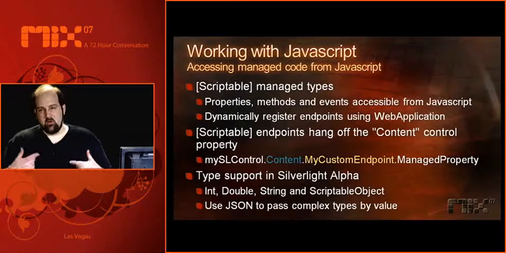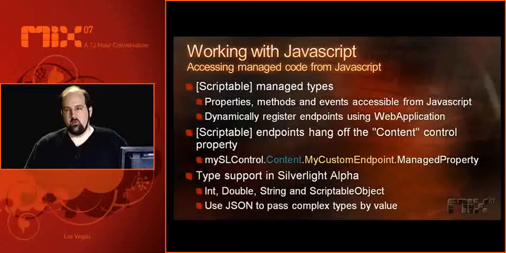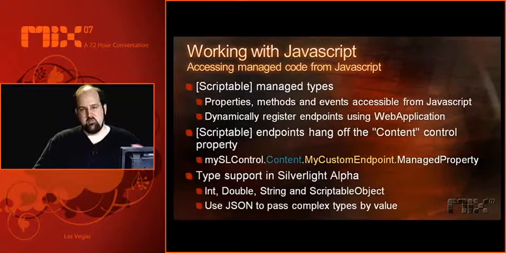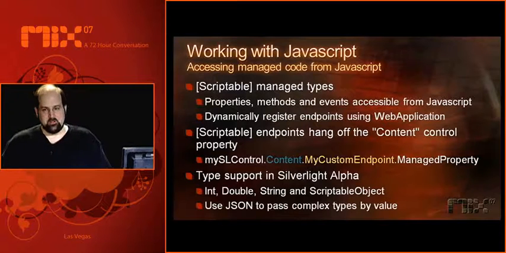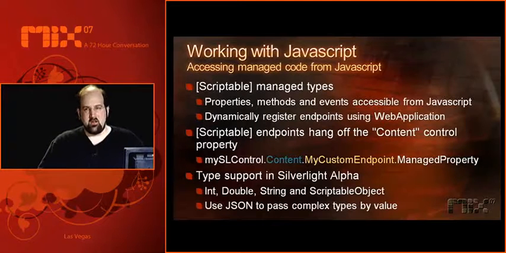And again, as we move through into the CTPs and the betas, we just have a few bugs kicking around that we'll flesh out, and we'll fill out the support for other types. Also, right now in the alpha, and I'll actually show it to you in a few minutes, you can use JSON as a very simple way to tunnel complex types back and forth across the boundary of managed code and JavaScript. For example, in my case, I happen to have the ASP.NET AJAX product running on my machine, and that means that I can very easily do JSON serialization in the browser, deserialize it in managed code because we have a JSON serializer in the Silverlight framework,